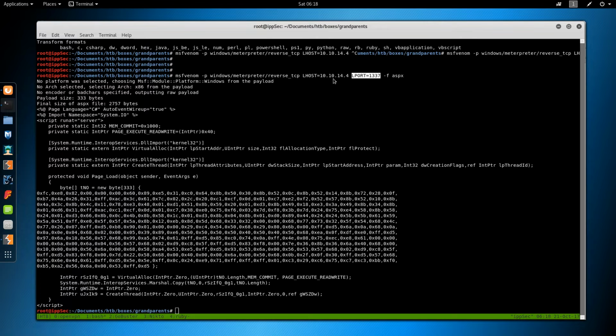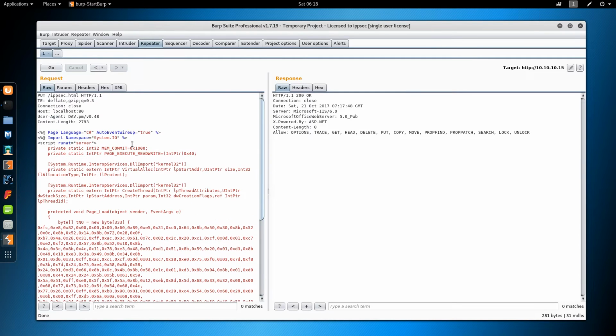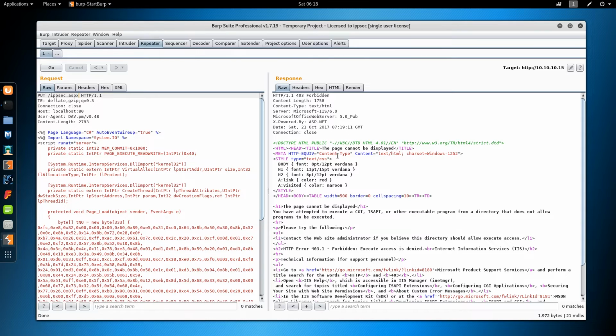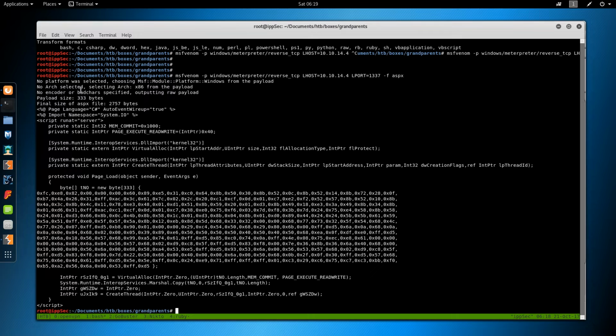So the next step is to go back into Burp and try changing this to aspx to see if we can upload. And we get a forbidden. You do not have permission to execute this program. So, can't upload aspx. If we go back to our Nmap scans,